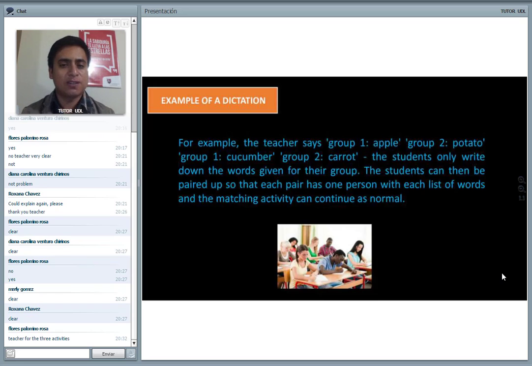For example, the teacher says, group 1, apple, group 2, potato. In this activity, you can make students work in pairs. One student belongs to group number 1 and the other student belongs to group number 2. So maybe you can divide that dictation in order to avoid